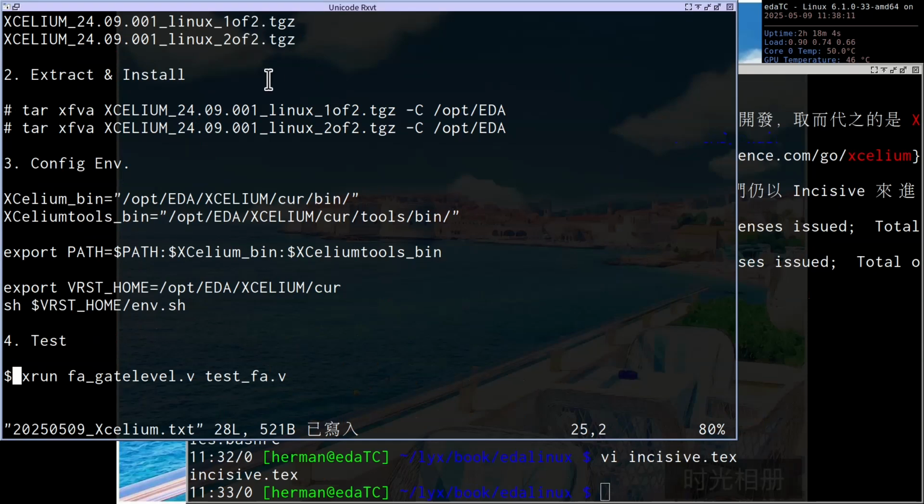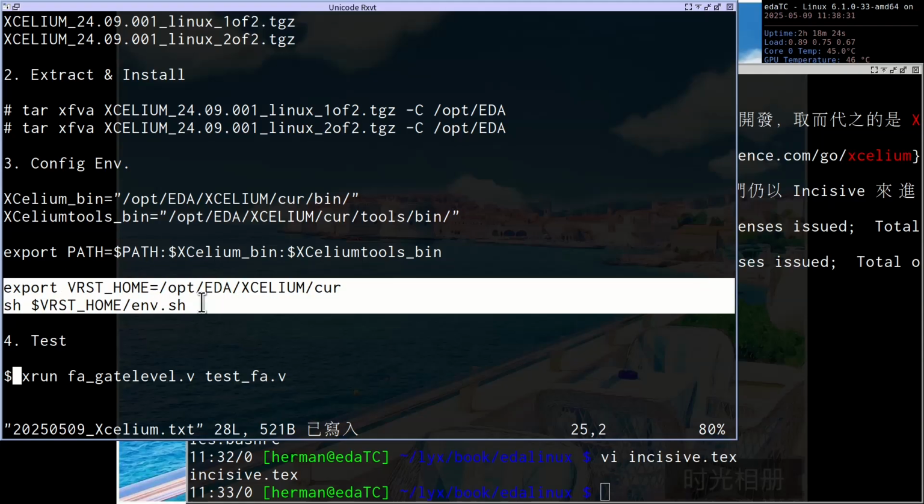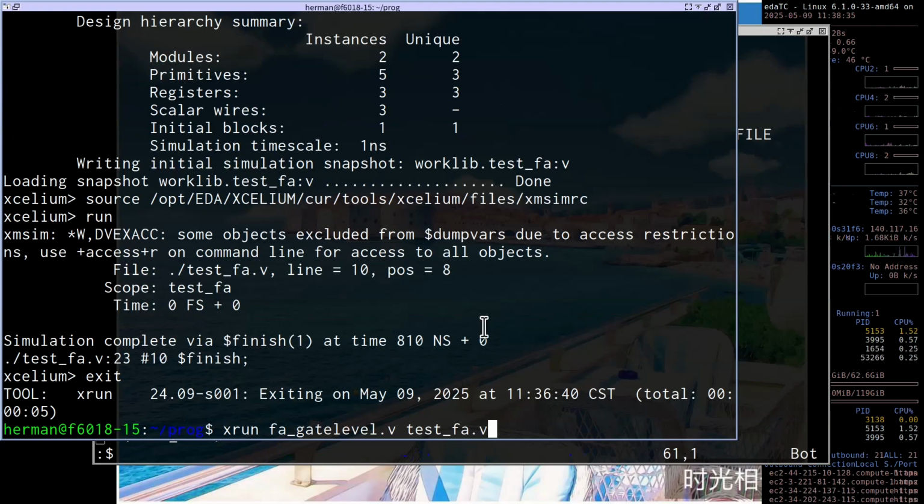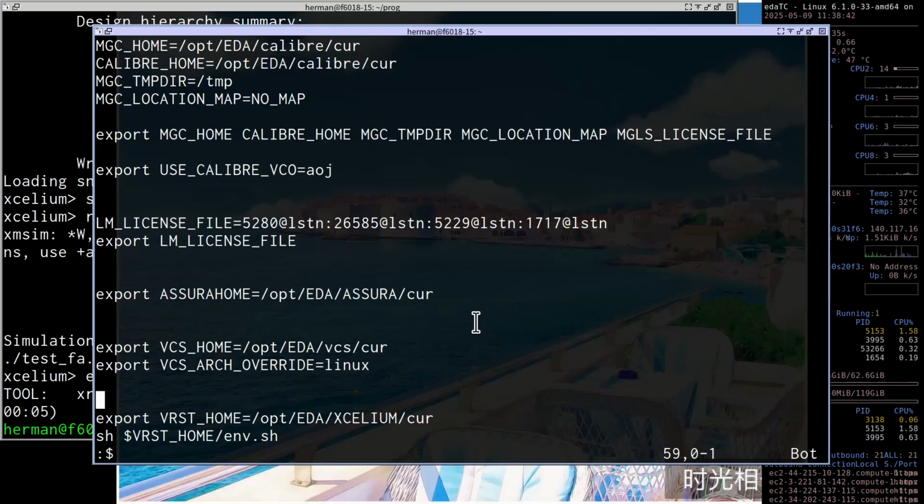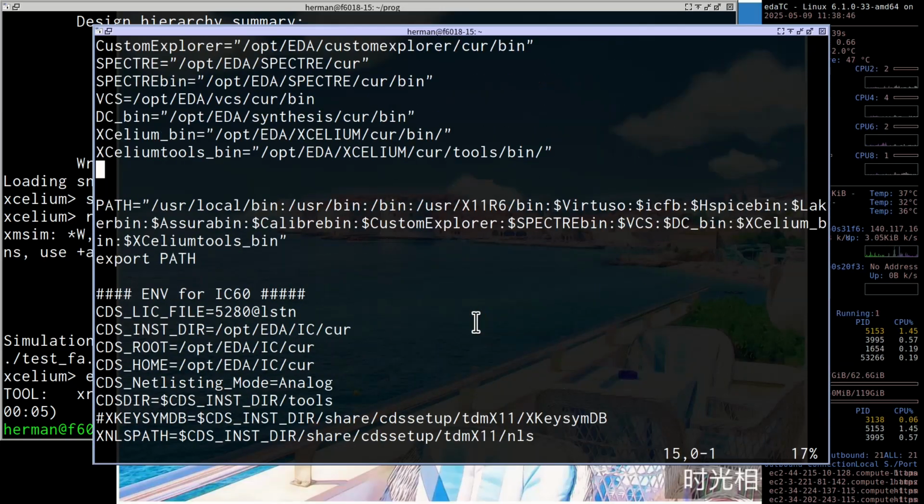Okay, once we complete the extract and install process, we can configure our environment. Please add this tool in your path. Okay, please add these two directories in your path, and create and add these two lines in your bash command here. These two lines and these two directories in your path. Okay. The license port is still 5280, so we do not need to modify it.